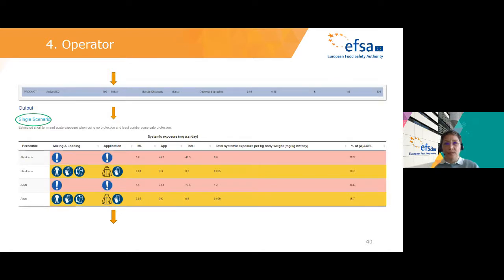Okay, for the single scenario, so the one you have chosen. Once you choose a line in this table, it appears immediately below the table. And you can see here the minimum level of protective equipment needed to have an exposure below the AOEL or AAOEL. And if you scroll down these first results, on the next slide, please,